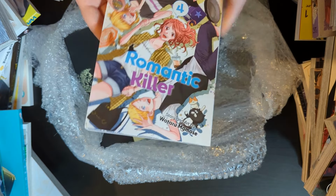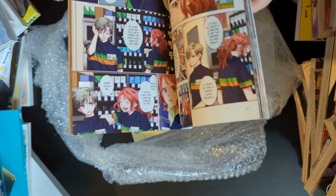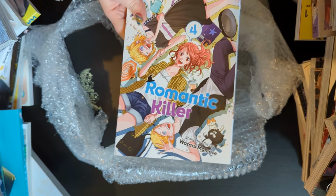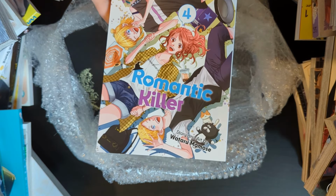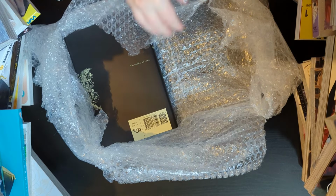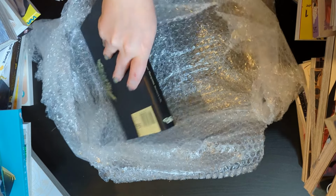But I do actually like the artwork. I like that it's bright and colourful, and I shouldn't flip through it because potential spoilers, it's the last volume. But yeah. It's fine. Right, last volume in this haul isn't actually something for me, it was something I bought